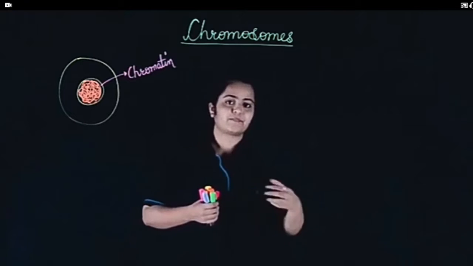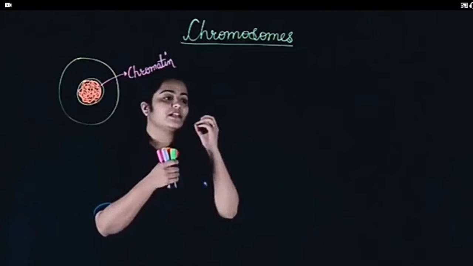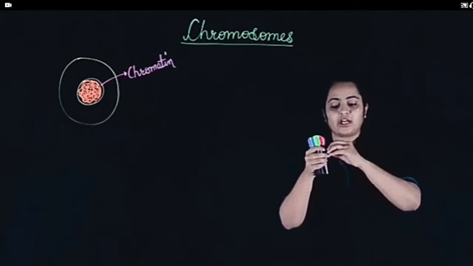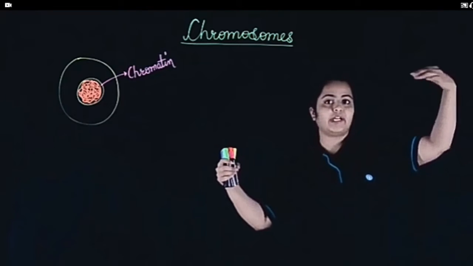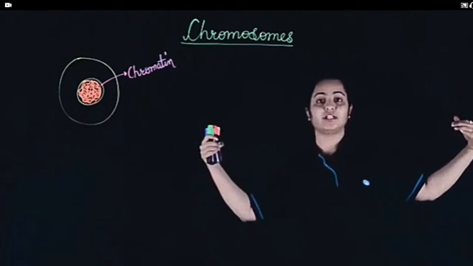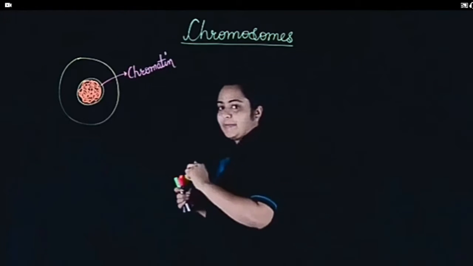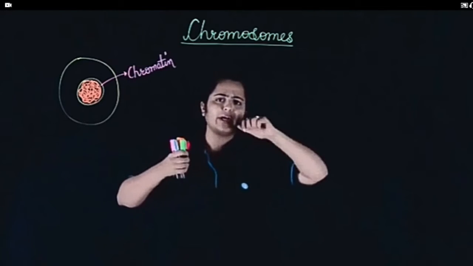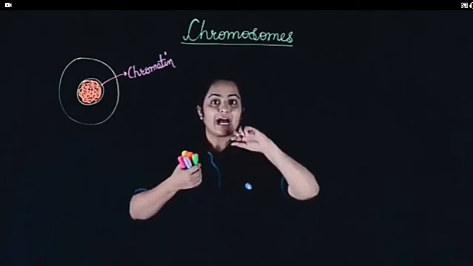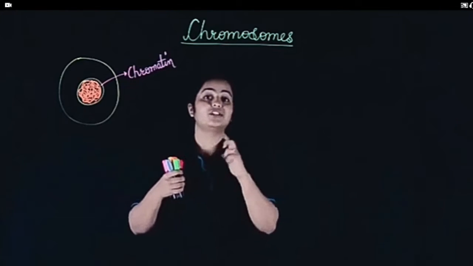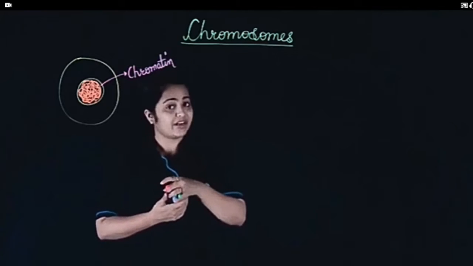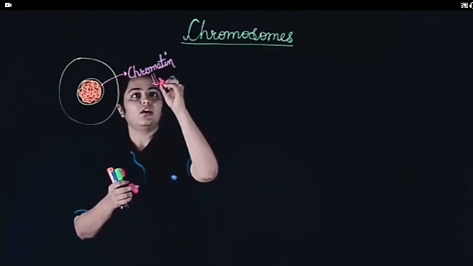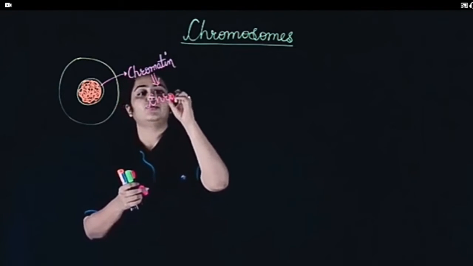Well, in order to do it during the time of cell division, this is a very simple process of supercoiling it. We can't make sure that the nucleus bursts open, the thread will be elongated, they will get divided, and one for one and one for the other daughter cell. This is not practically possible. So what happens is, this structure starts rearranging itself. Instead of elongating, it will coil further, and then after this coiling is done, it gains a particular structure. This structure is what we refer to as the structure of chromosomes. Thus chromatin will turn into chromosomes.